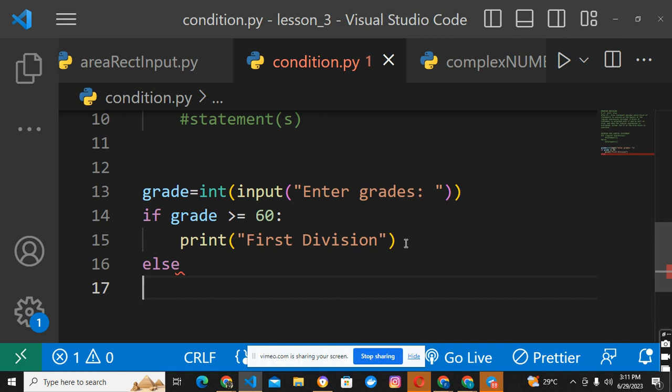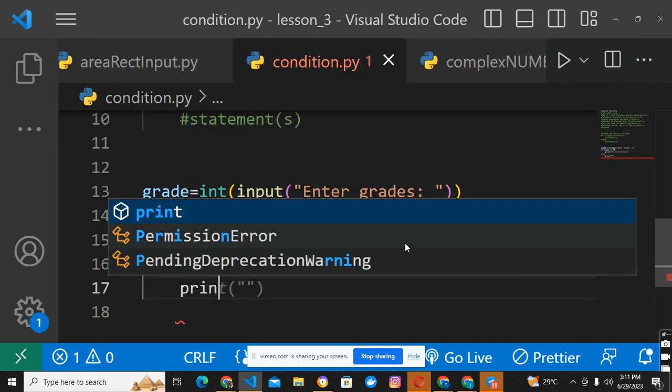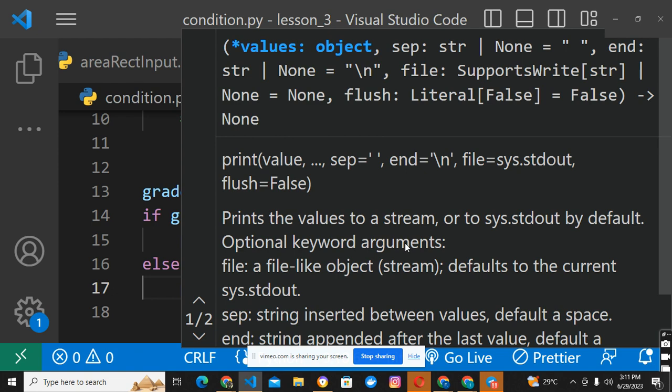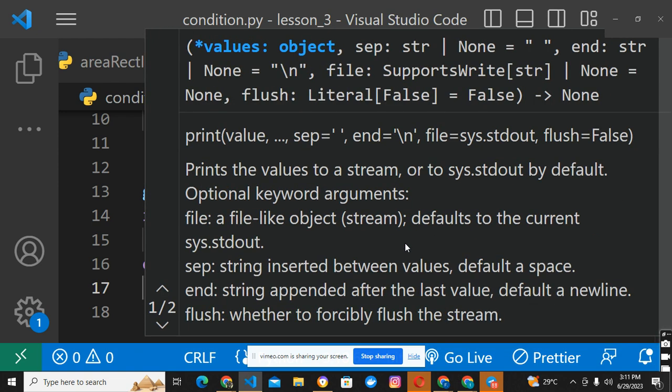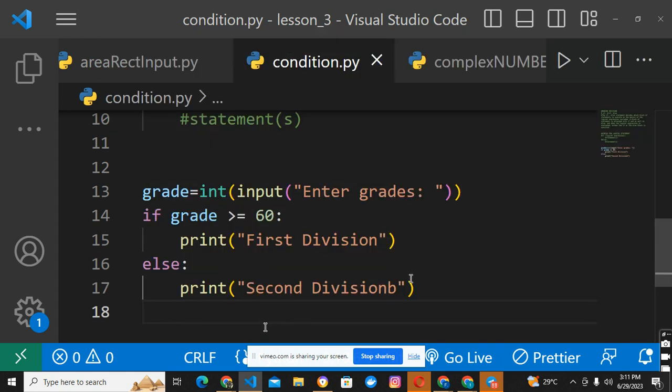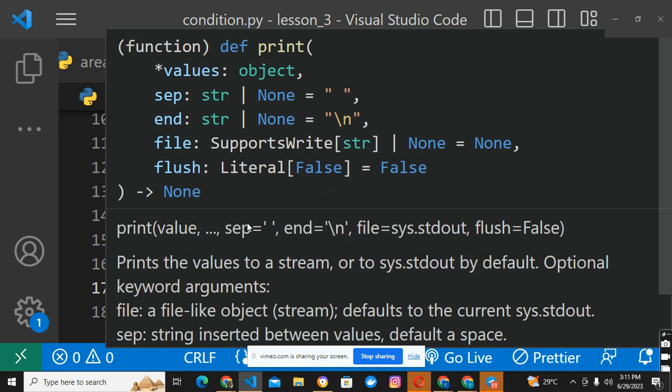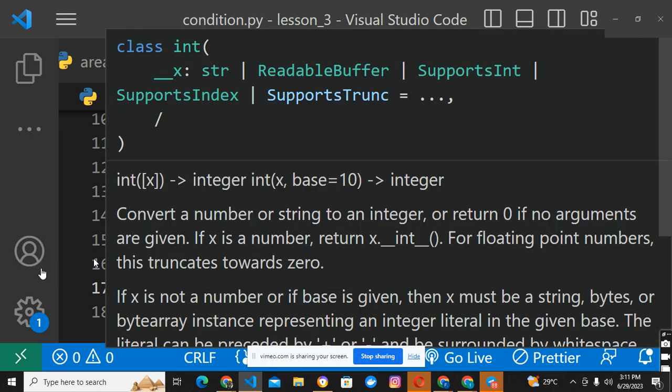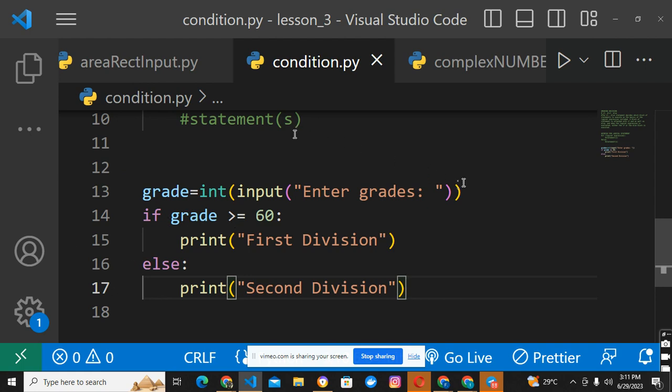Let's now say else. We can say print, what will be in our else statement? Print second division. You understand? Now, you can see what I did here. This grade is the variable. I now tell the user to enter the grade. And of course, after entering the grade, it will